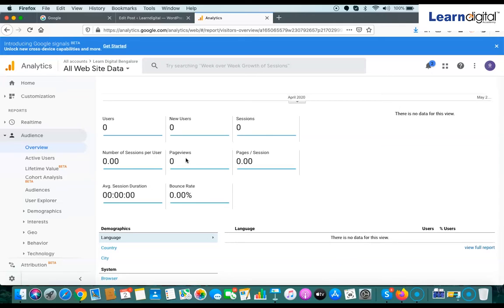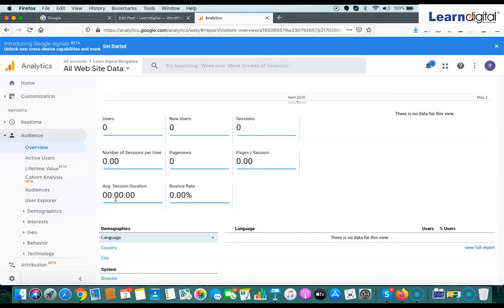your site. Maybe one visitor has visited your website and he or she has viewed 5 pages or read 5 news items on your site. Somebody viewed just 1 page. So you can check the average number of page views per user and pages per session, the total number of pages visited in a single session, and then average session duration, how much time they are spending.